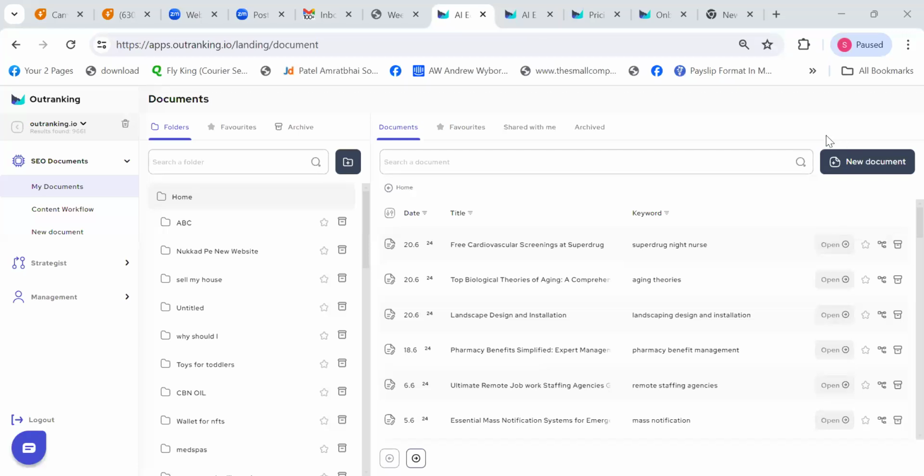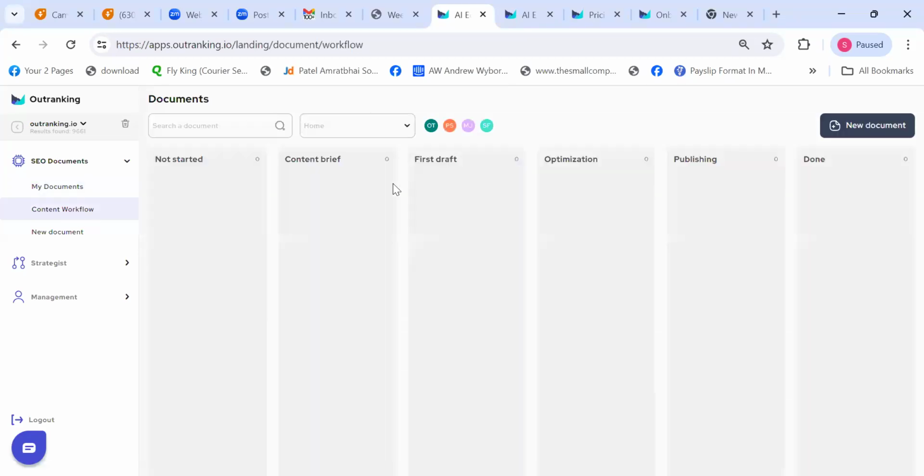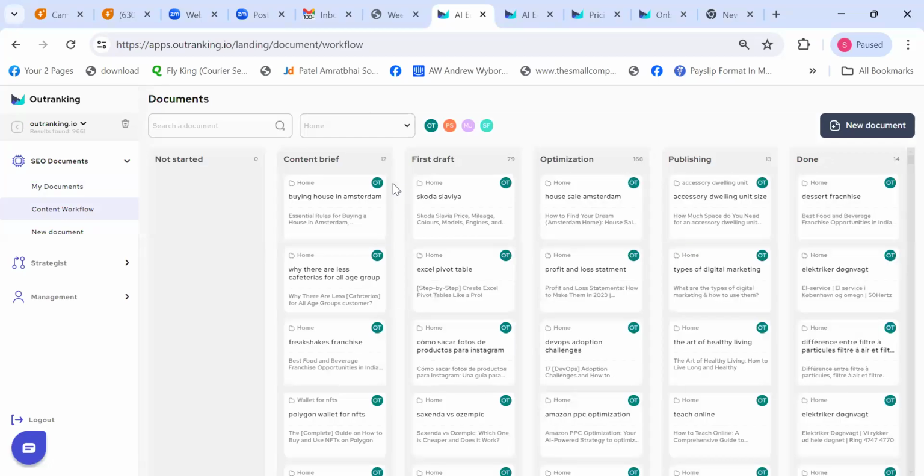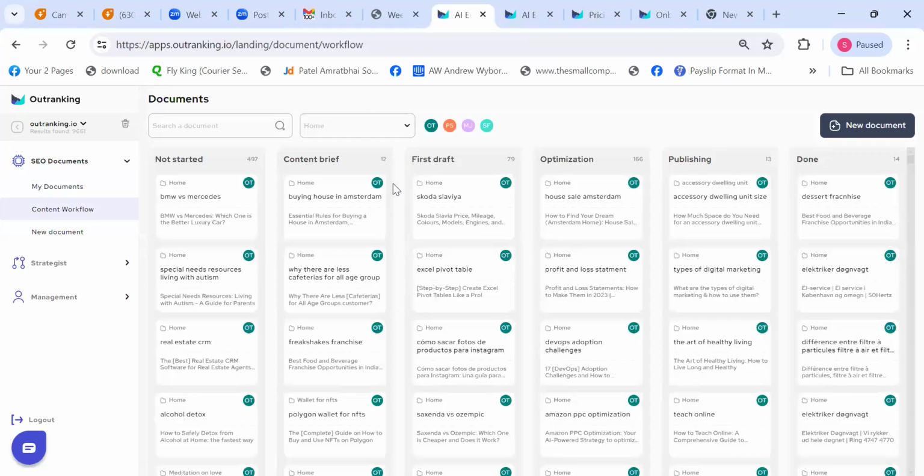This is the dashboard that you see right now, where you see all your documents. You can club them up in folders and organize everything. You can also see your content workflow. Let's say you're working in a team with more than one user, and someone is doing one or the other kind of work in content creation, whether it's the optimization part, the editing part, or the publishing part.